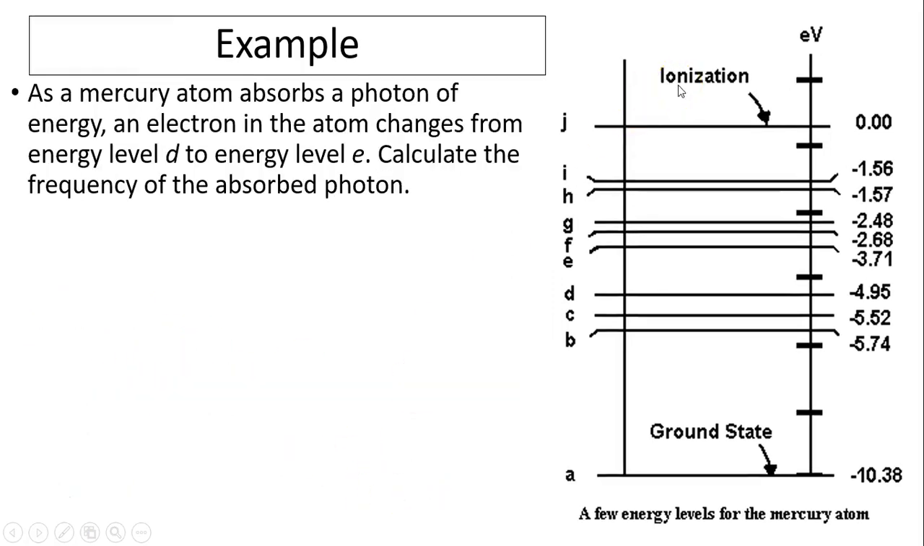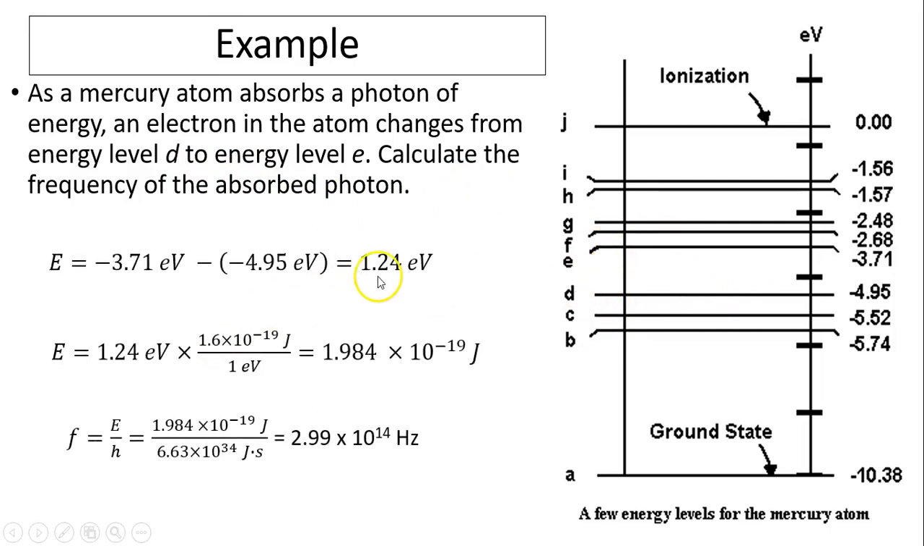Okay, another example. As a mercury atom absorbs a photon of energy, an electron in the atom changes from energy level D to energy level E. Calculate the frequency of this absorbed photon. So from D to E,